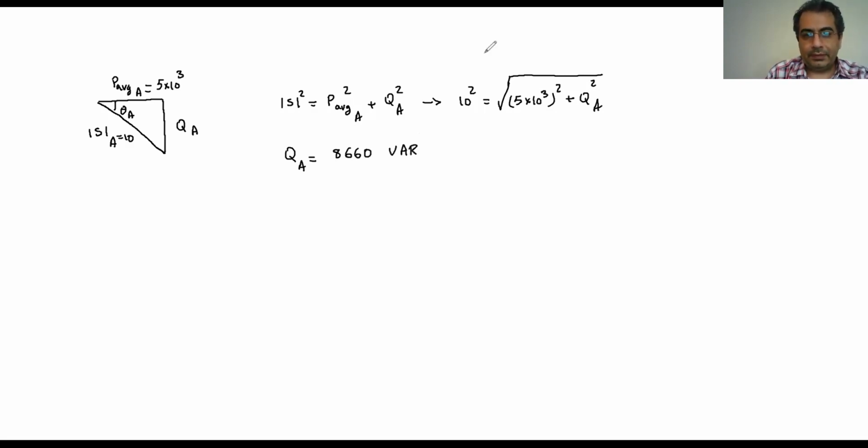But remember, this Q should be negative. So remember, it's going to be negative here. If you go ahead and do the calculation, that's the value. So don't forget to put the negative, because if you do it mathematically, it's going to come out as positive. But when you calculate this 8660, then put the negative sign in front of that to show that it is negative, because of the